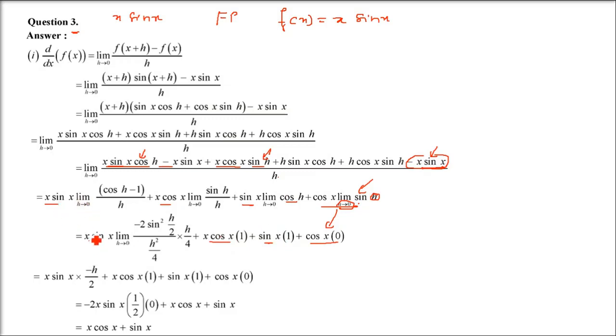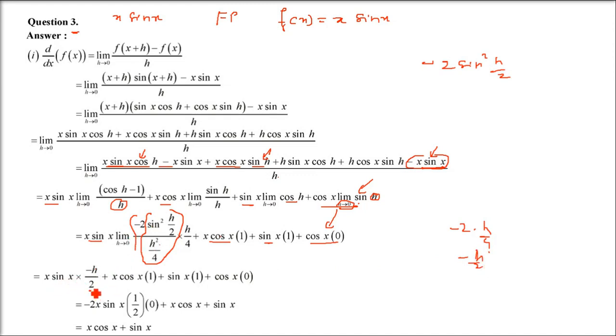Now coming to the first term. You have to see it very carefully, because every question contains this one. So this cos h minus 1 will be minus 2 sin square h by 2. And in the denominator you already have an h. So you need h square by 4 because it is sin h by 2 whole square. So you have h square by 4, and you have to include h by 4 so that it gets cancelled in the denominator. So minus 2 into h by 4 will come, that is minus h by 2.